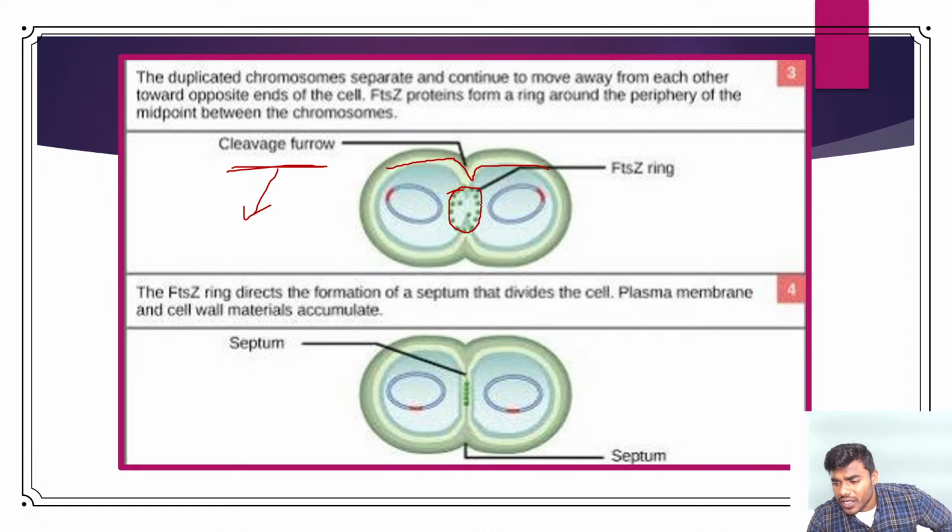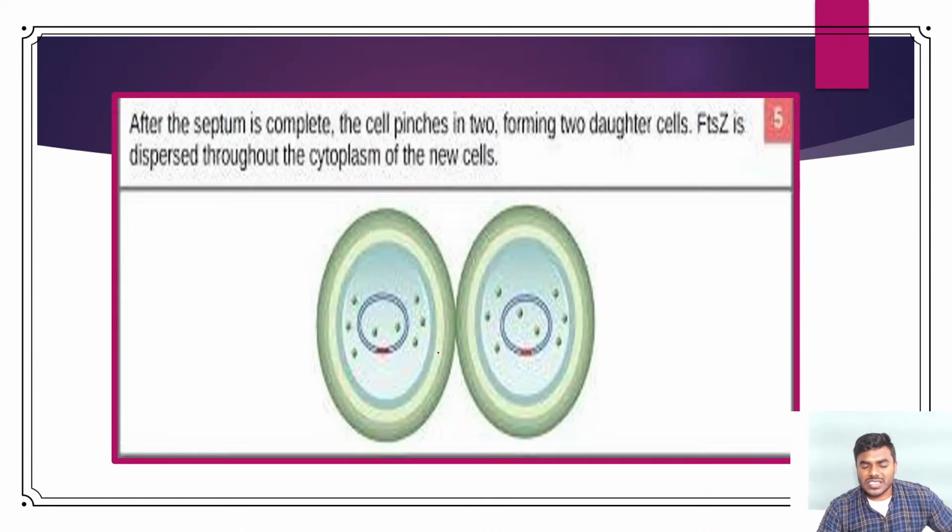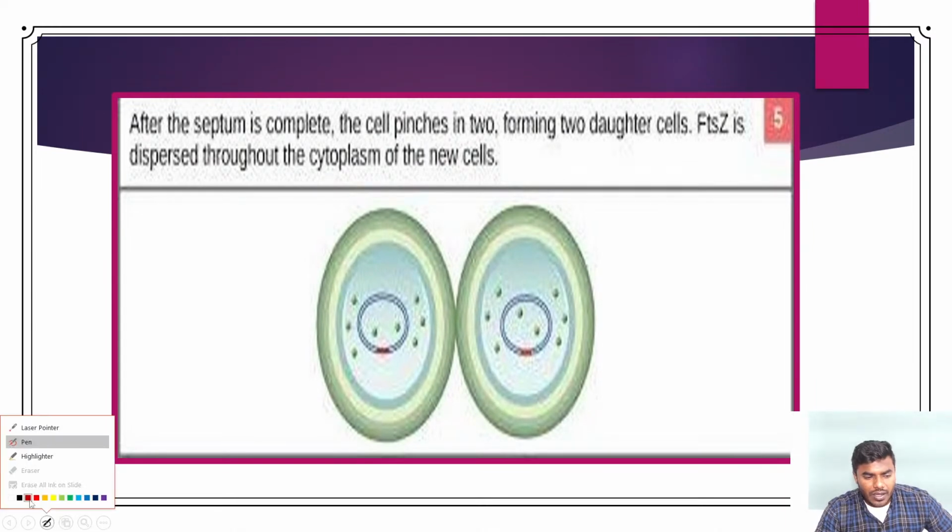The moment FtsZ proteins form a ring-like structure, you can see the two DNA got duplicated and completely moved towards the ends. So what I want you to remember for the exam: FtsZ protein or FtsZ ring directs the formation of the septum. The septum is the one which is going to divide one cell into two cells. Now friends, here comes the more interesting point. Once there is a formation of a septum,